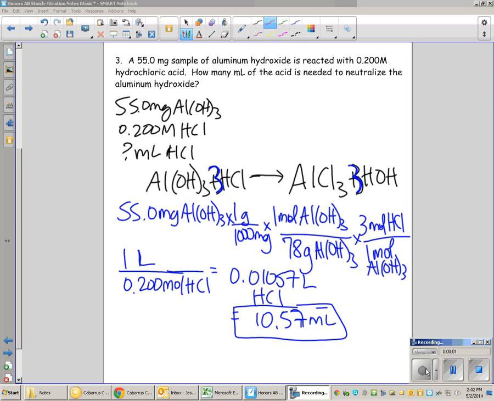With number 3, that's what I'm going over right now. This one presented you with grams and molarity, and then asked for volume. So you didn't have the normal stuff. So you had to finagle a way to solve for volume the same way you had been going, but instead